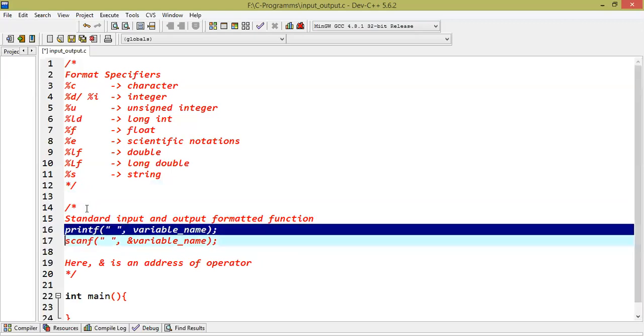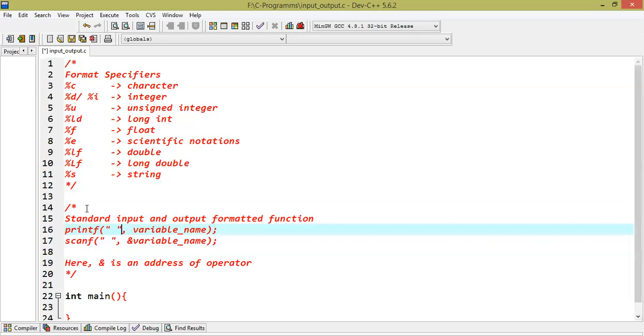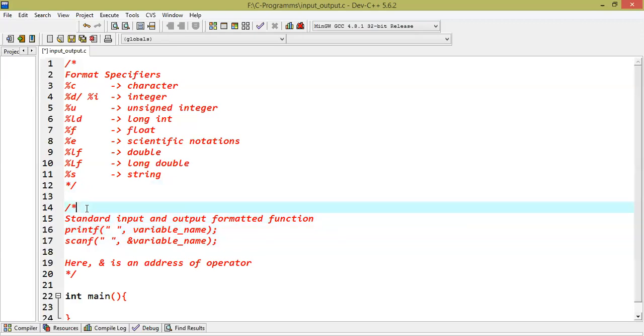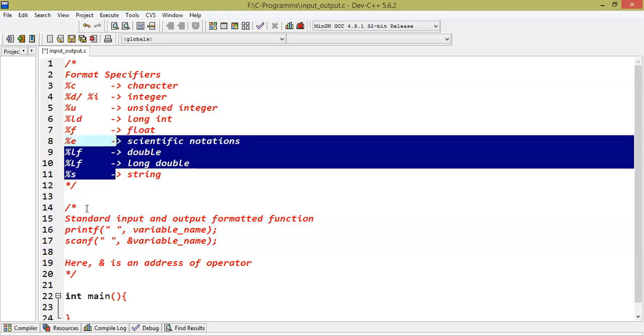printf is a standard output function. The syntax of printf is we need to pass a string as the first argument to the printf. That's why I have used double quotes, and inside these double quotes we need to use any of these format specifiers.